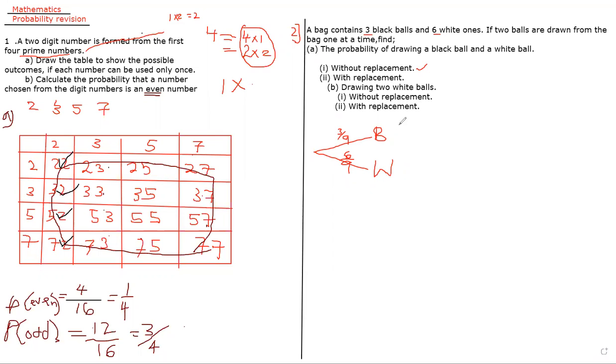So let's start without replacement. Without replacement means that after I have picked one, I don't take another one to where I took 1. I just leave it the way it is. So in this case, if I pick a black one first,